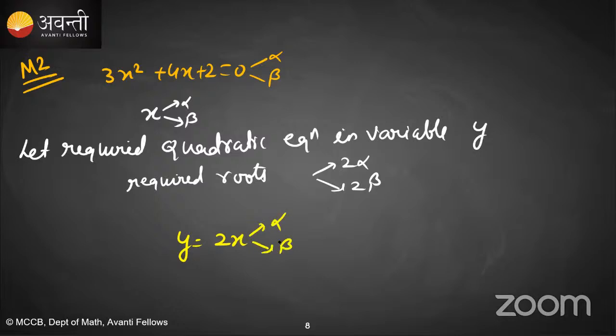Tell me students, y is equal to 2x, where x is the root of the given equation, right? Write it here, where x is the root of the above equation,